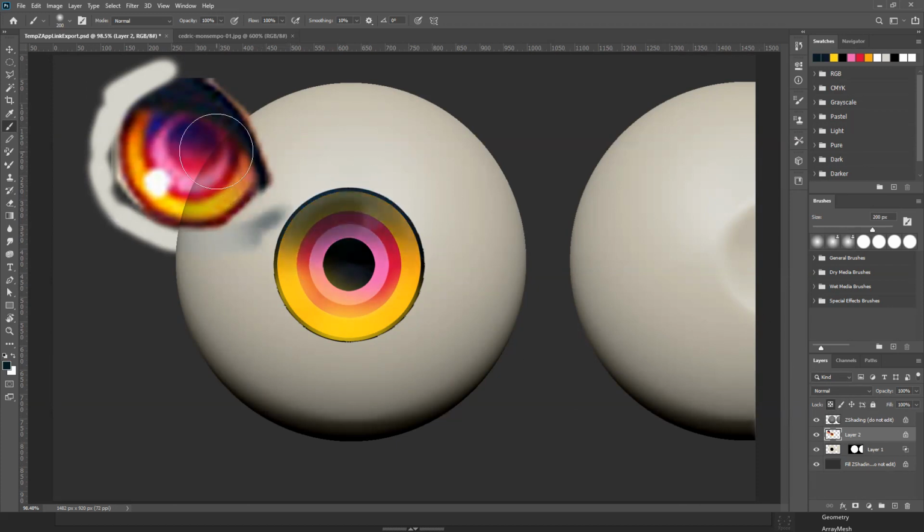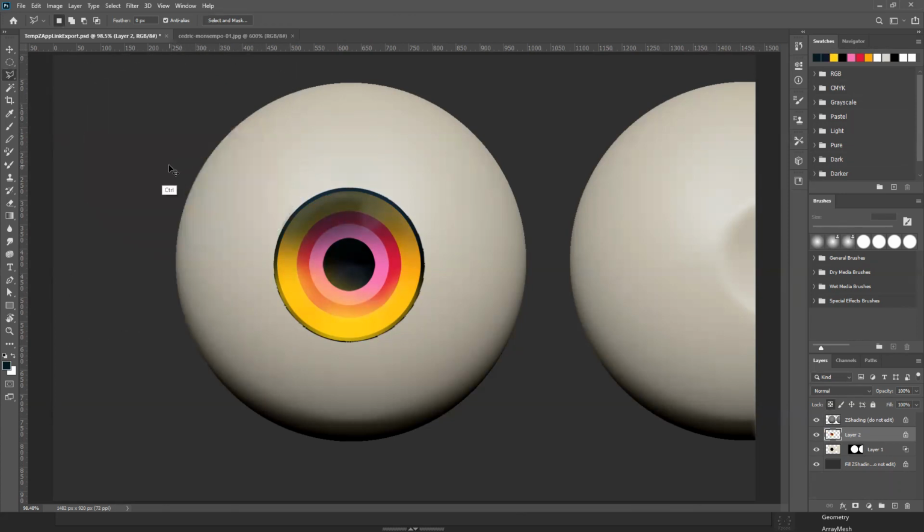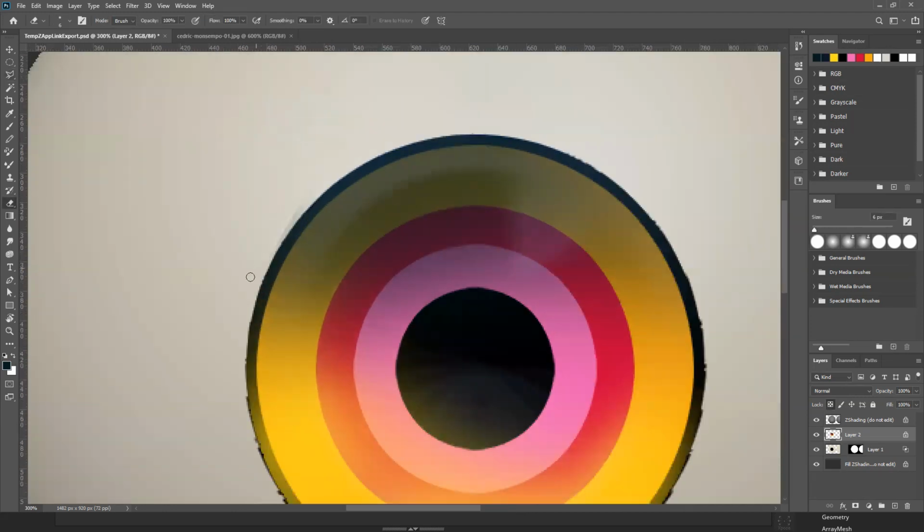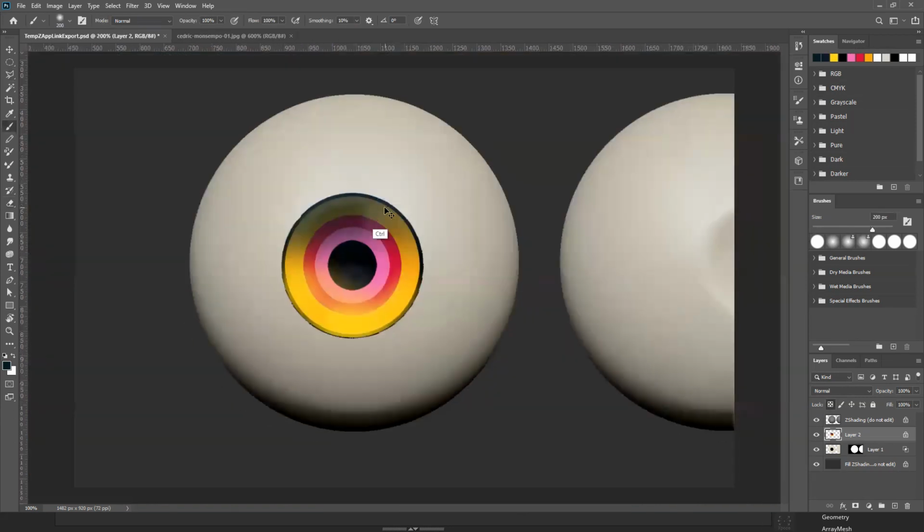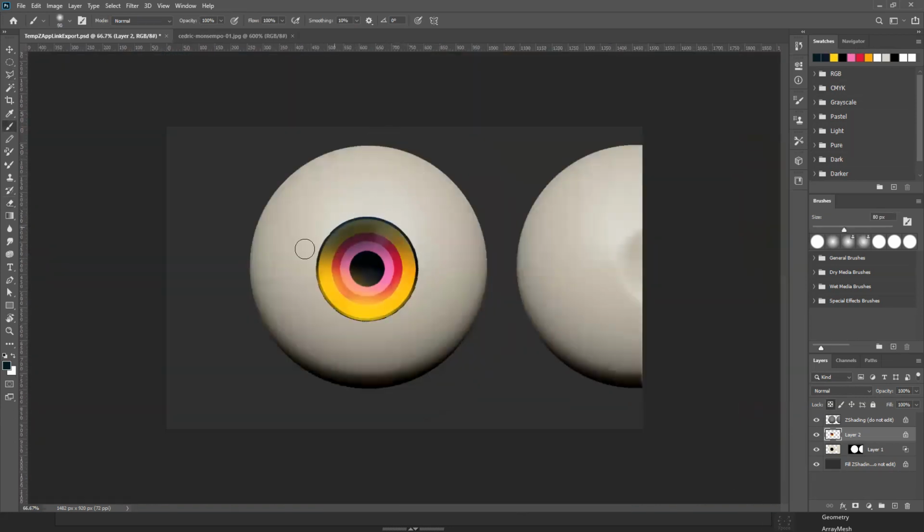Oh, this thing I could delete. My mistake. I accidentally merged it with the base. Delete. Control D. Locking is removed, remove the lock.